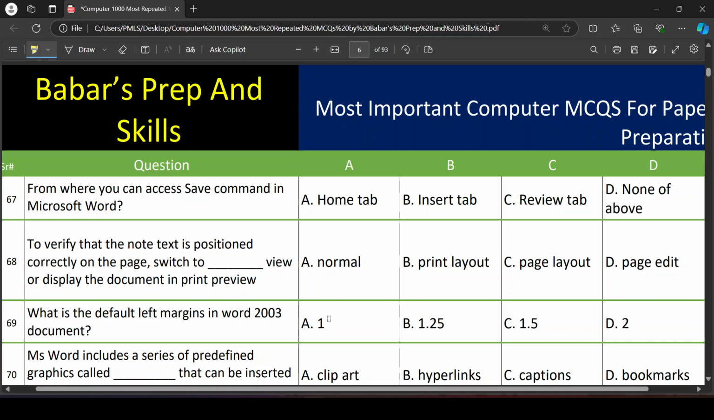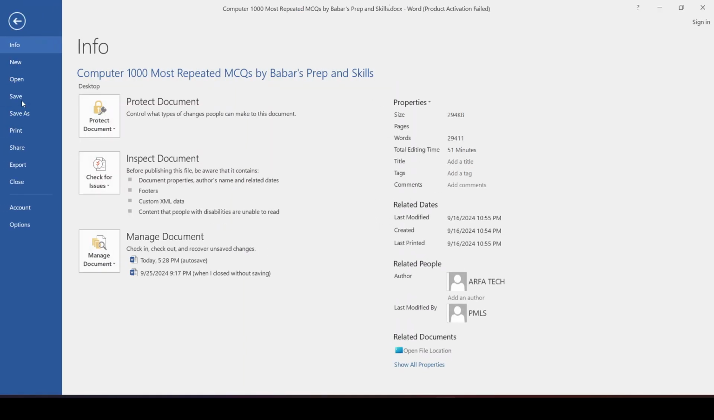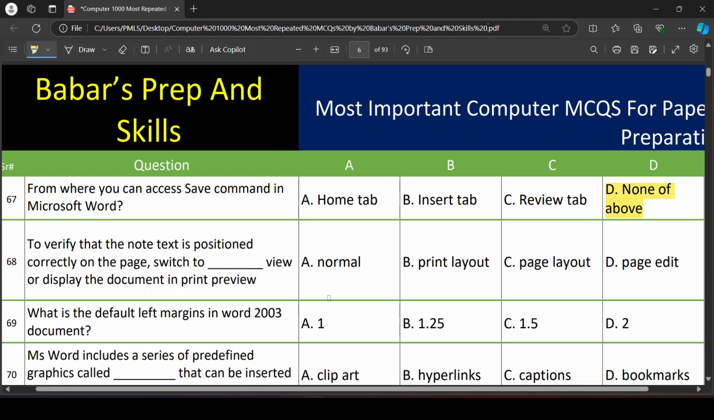MCQ number 67, from where you can access save command in Microsoft Word. Correct option is D, none of above. Correct option is फाइल, हम MS Word के फाइल में से सेव अपने डॉक्यूमेंट को कर सकते हैं। MCQ number